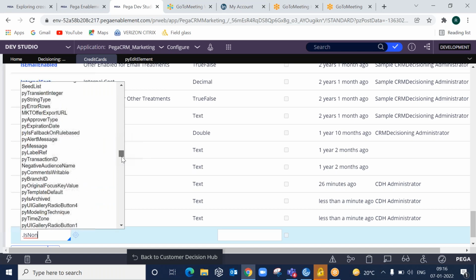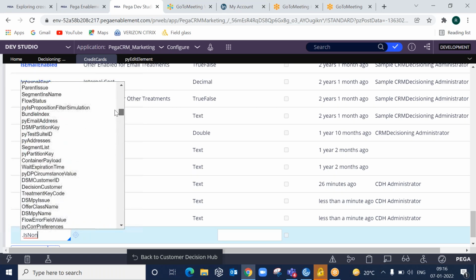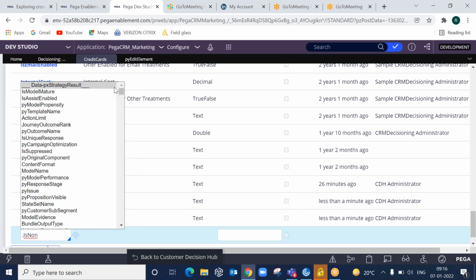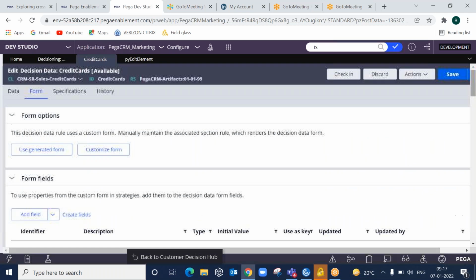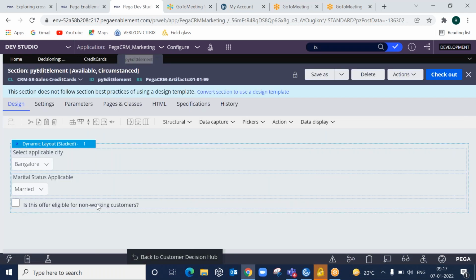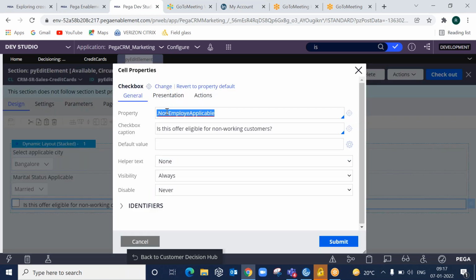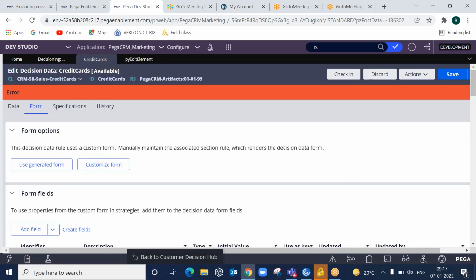What is that field name? Something like non-employment. Let me copy that. Yes, non-employee applicable. So this is the property we added.